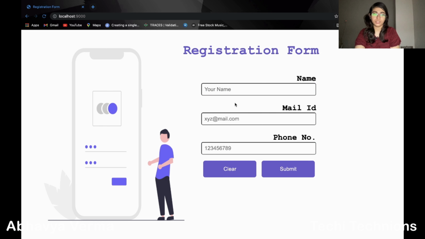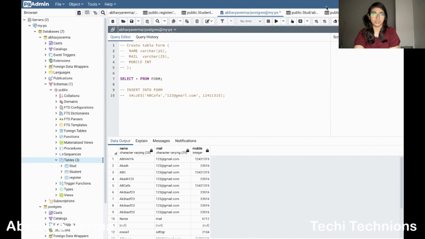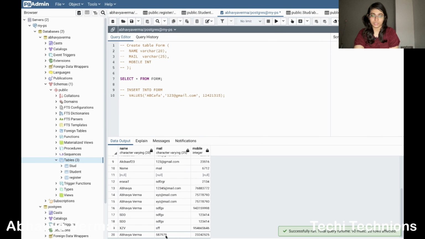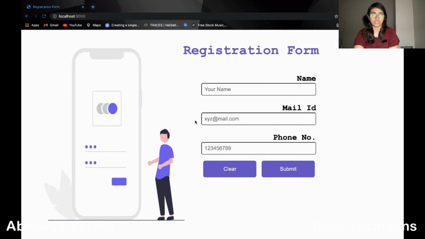So I got this page. Again you can add an alert box here if you want, and now it shows that the page has been submitted. So I will check the values, it worked out correctly. Now let me check my database. I click on this one, and down here I can see these values. That means our form was submitted successfully. So this is how you send data from an HTML page to your Postgres database.